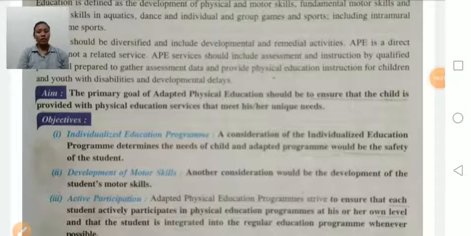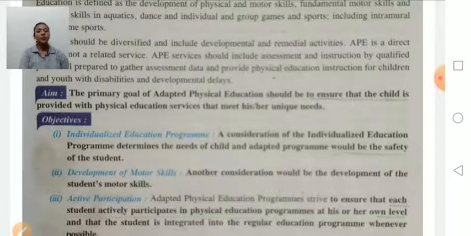Aim of adaptive physical education. The prime aim of adaptive physical education should be to ensure that the child is provided with physical education service that meets his or her unique needs.